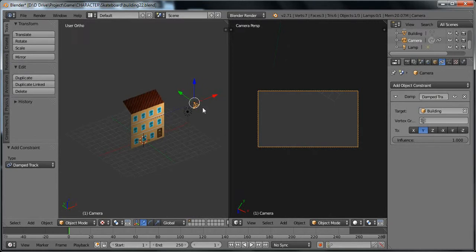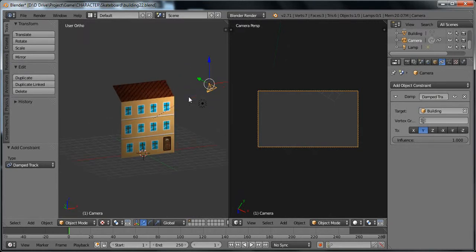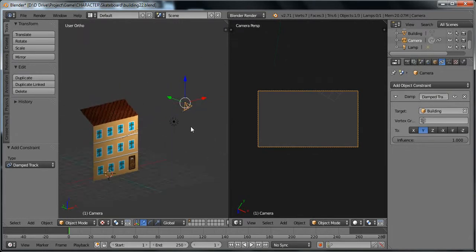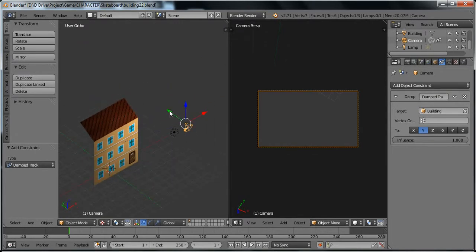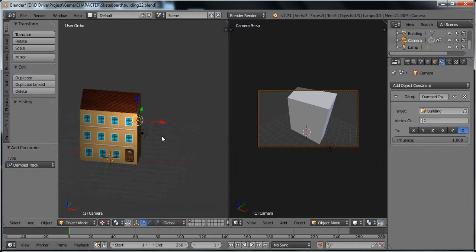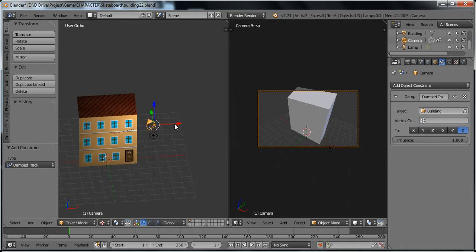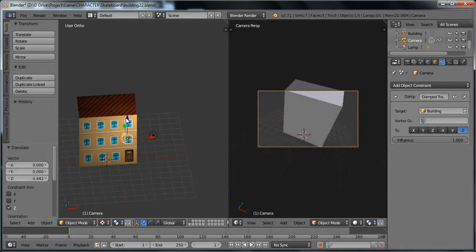But see, the camera has moved down. It has rotated automatically downward. That is because the camera axis is not proper. It is in the other direction. So we have to manually check this X, Y, Z. The camera direction, in this case, is minus Z. In your case it may be different, so you should check and use whichever way you want. So in this way you can adjust the camera.